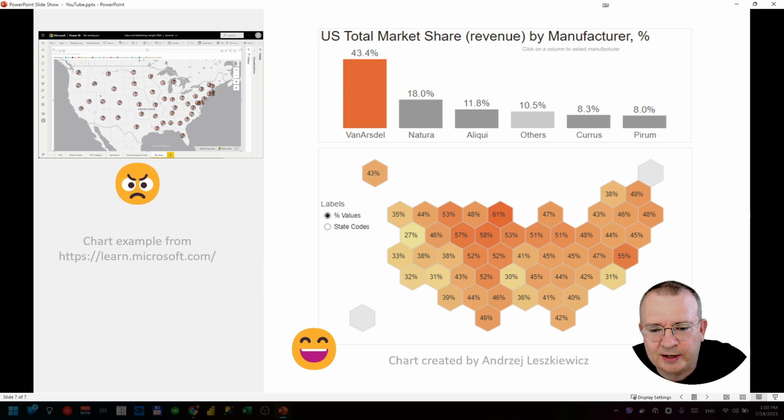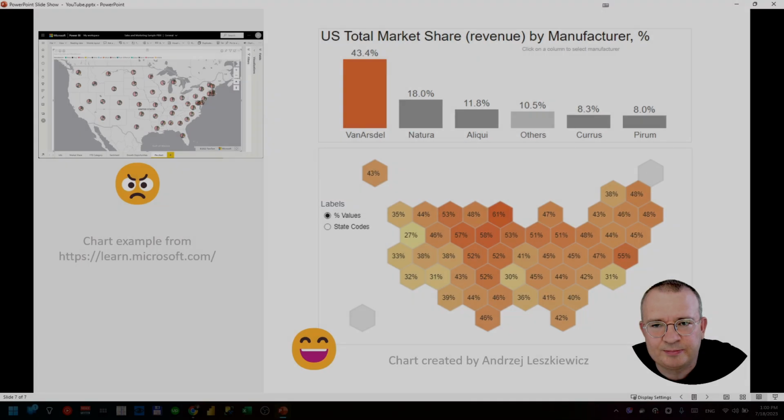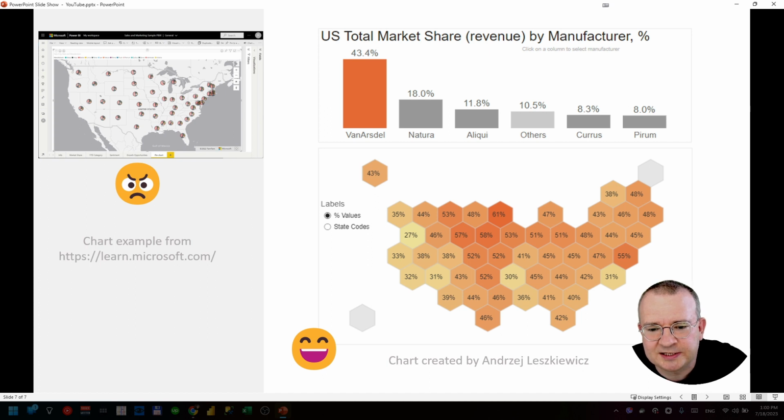I will talk more about this example and show how it works in Power BI when it's interactive, and you can select states, you can select manufacturers, and you can very well and deeply dive into your data and see useful patterns from this combination of charts, while pie chart just doesn't work in this case.